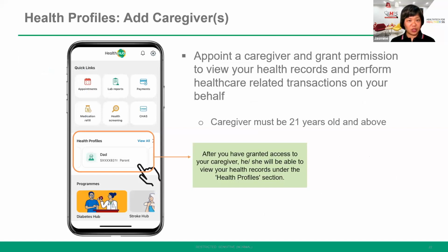Another thing that we can actually do is appoint a caregiver and grant permission to view your records and perform healthcare related transactions on your behalf. Please note that caregivers must be 21 years old and above. So this is very useful for parents with young children, okay, that you can actually see their records and you can add them as your dependents. And then there's the other aspect whereby working adults, we have got elderly parents at home,